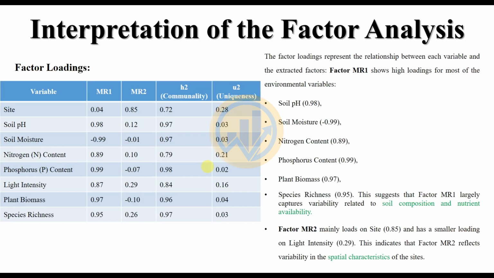The next one is the loading table, and this is the explanation for this table. The variables are site, soil pH, soil moisture, nitrogen content, phosphorus content, light intensity, plant biomass, and species richness. These are the values of the factor loadings, MR1, MR2,